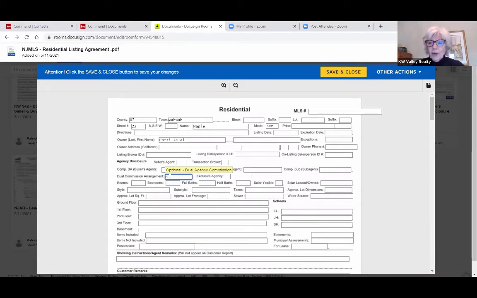Okay? And so if there's a different commission structure between the buyer that the listing agent has and your buyer, that puts your buyer at